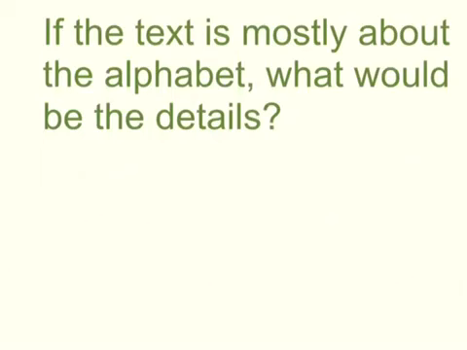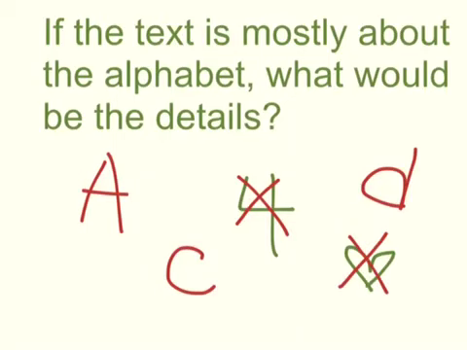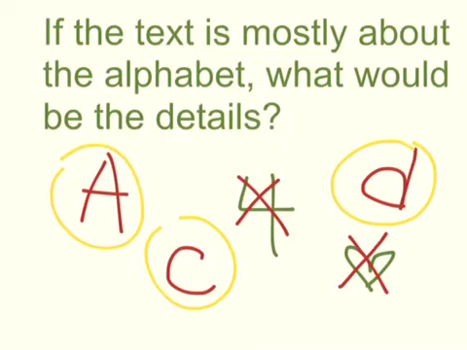So if it's about the alphabet, what would be the details and facts? Is it possible that the letter A would be a great detail and fact to support that main idea? Maybe it's the letter C or the letter D. But do you think the number 4 would be a good idea? No, I don't think so. What about a symbol like a heart? No, I don't think that would work either, because it's not the alphabet. So the letters A, C, and D would be details and facts that support what the text is mostly about,